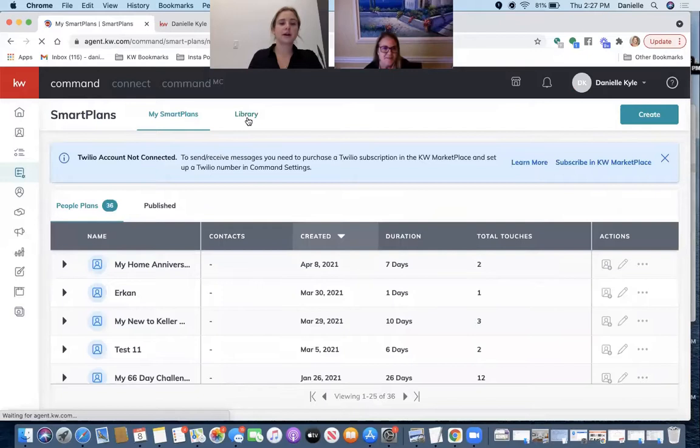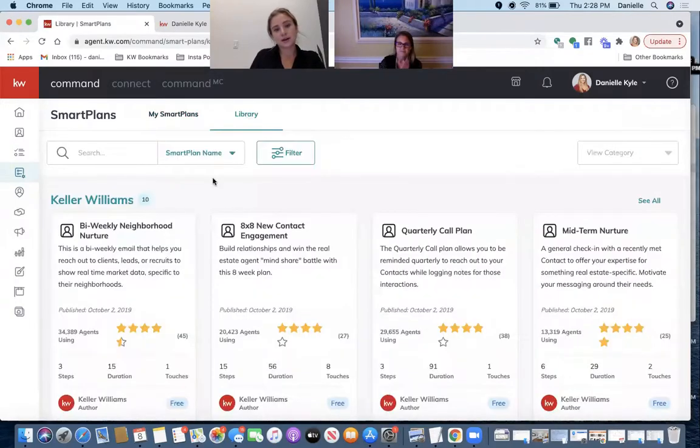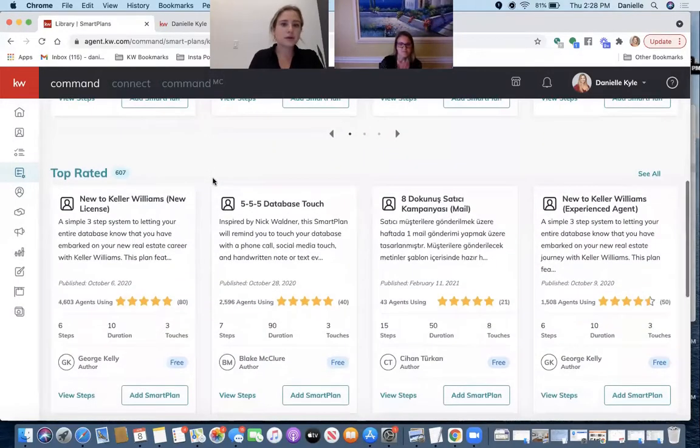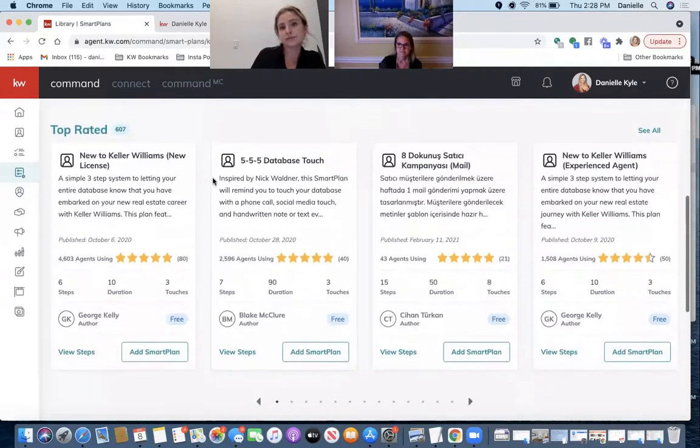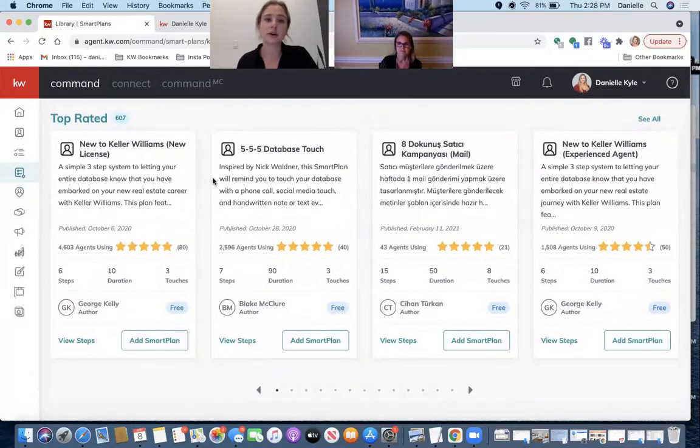These in the library are the ones published by other Keller Williams agents. There is basically no regulation on these whatsoever. I can publish, you can publish. There's nobody that has to look over these. There's no one looking at these for compliance. So honestly, that's my biggest concern with these, because with compliance, you need to have your DRE number,